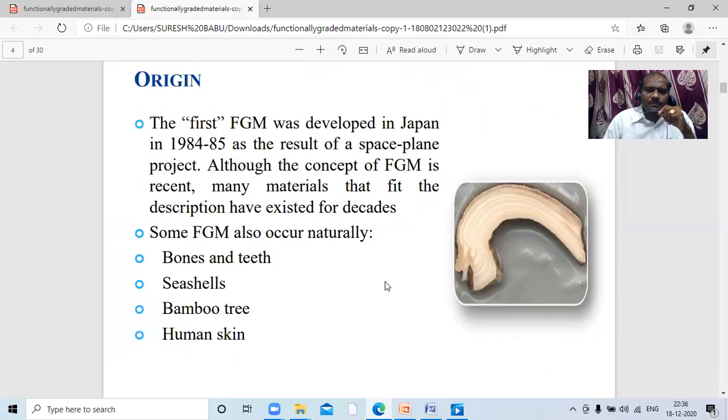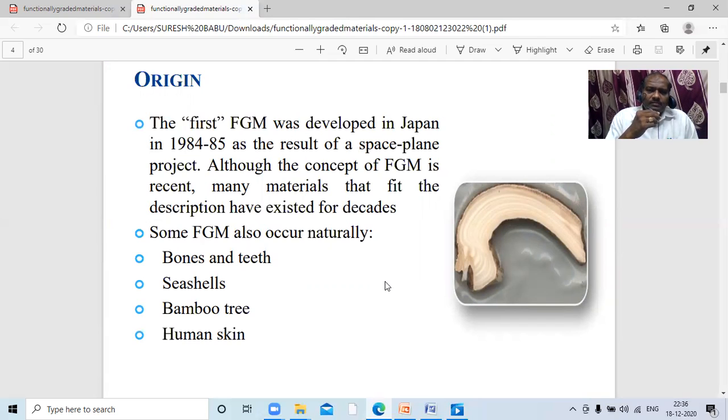Although the concept of FGM is recent, many materials that fit the description have existed for decades. From olden days also, knowingly or unknowingly, FGM materials are available for a specific reason. The specific reason they have mentioned here, for example, if you observe,